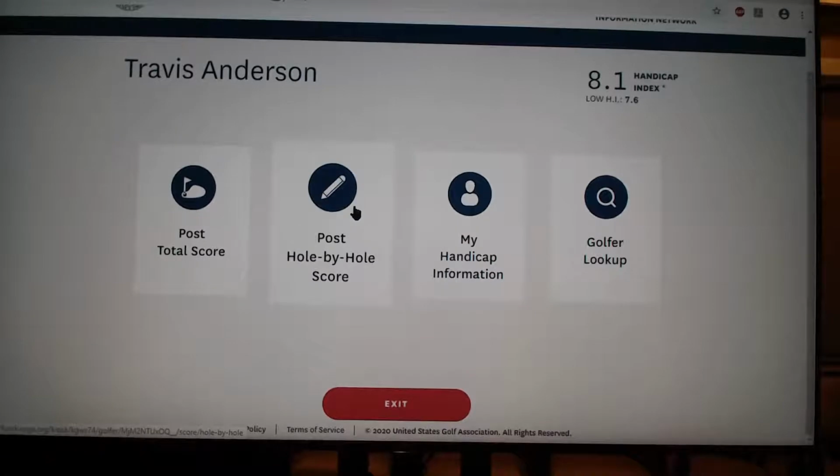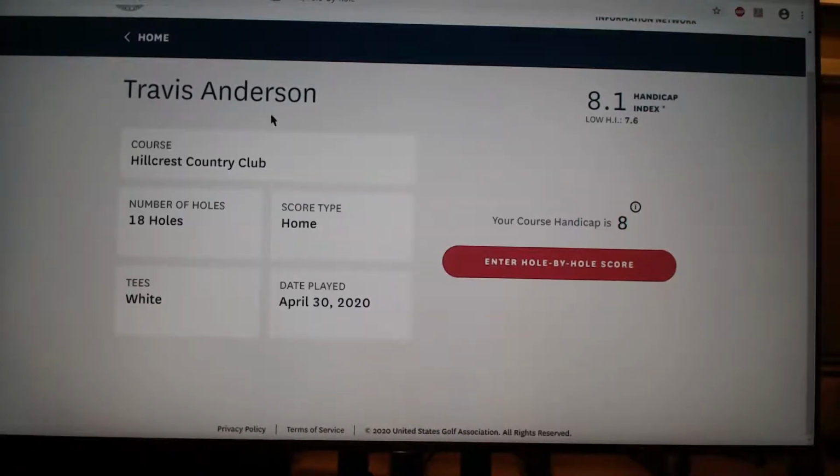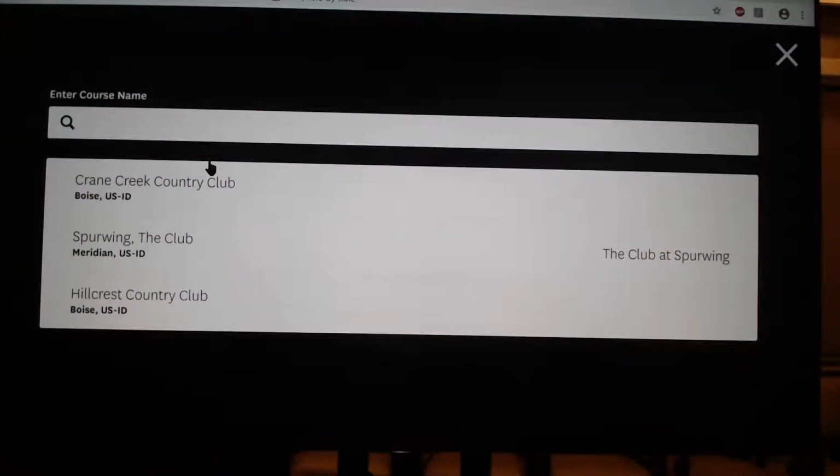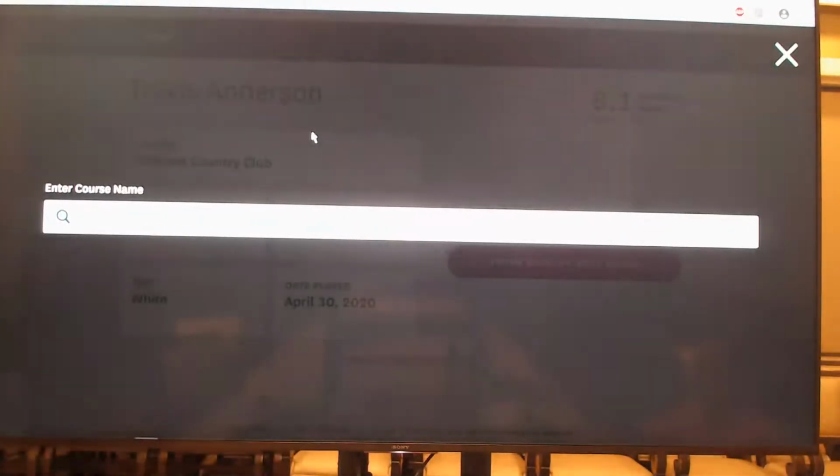Okay, so if we wanted to look at, let's say we want to post a score from another golf course. As I mentioned before, it does default to Hillcrest Country Club. If I click on this little top box up here, it's also going to bring up other clubs that we know that our membership is familiar with, being Crane Creek and Spurwing, the other private clubs. This way you don't have to type any of those out. You can just simply search for them, or if you want to look for another golf course,